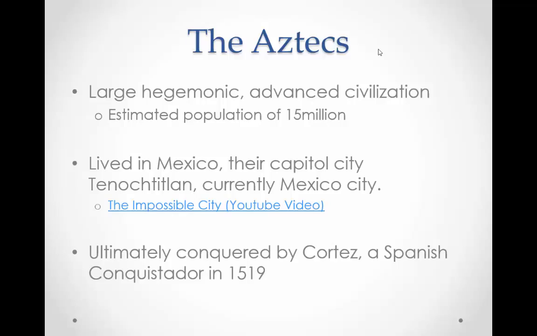It's currently Mexico City today, but the story goes, and there's a video here from the PowerPoint that explains the story of how this city was created, and really quickly, ultimately, they had found an island in the middle of this pretty big lake, Lake Texcoco in Mexico, and they started building on it, and ultimately when they needed more room to build, they actually expanded this island.